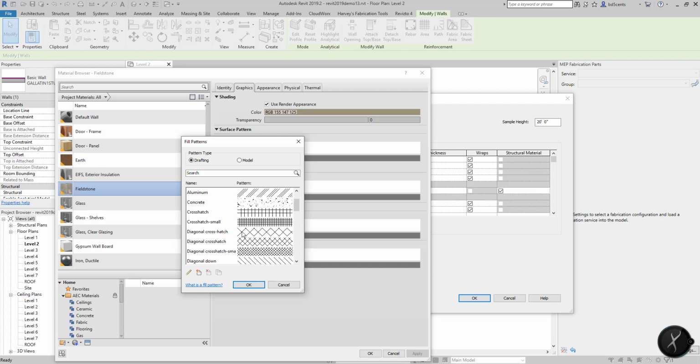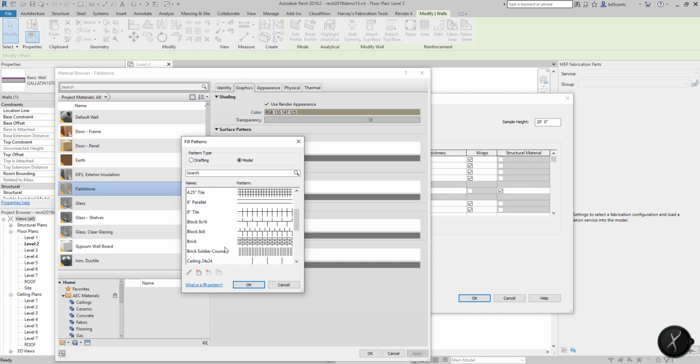In this particular case, if I don't have something I'm looking for, I can check the model tab. Let's look for, oh, and here's the 4-inch parallel. So that's what we wanted in the previous lecture as well. The difference between a drafting and a model type is that the model is going to show up in the model and the drafting is going to show up in a drafting view. So the model one, we actually want to set to